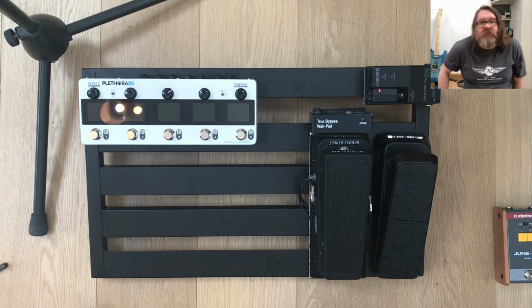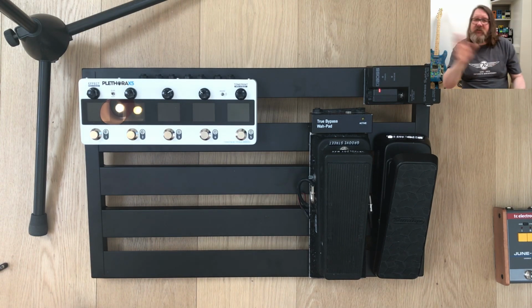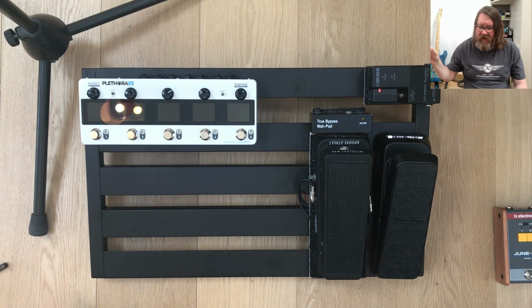Right, now, it's very tempting when you're putting a pedalboard together to get your signal chain worked out, which I have, and to then just put your pedals in the order of the signal chain. That's how we often imagine pedal boards. You go in one end, you go through pedal 1, 2, 3, 4, 5, 6, and you go out of the other end. And obviously visualizing signal chains like that is really useful. That's how you should visualize signal chains. That's a good way to do it. But